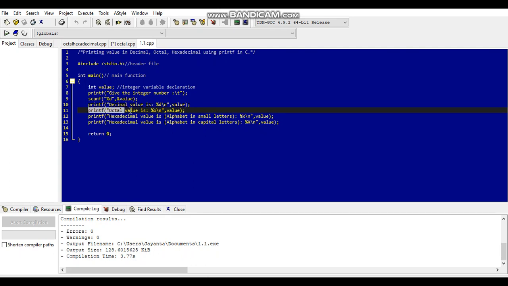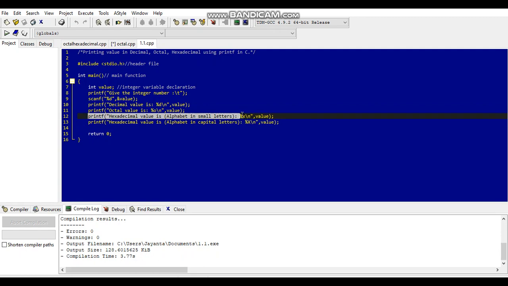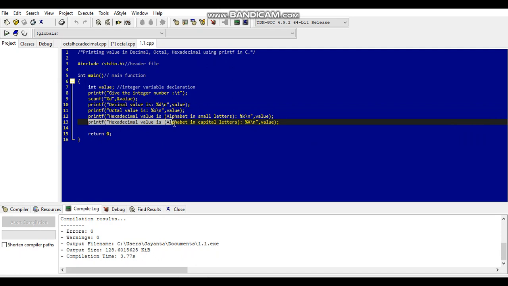Next the octal value, for which we are going to use %o, and next the hexadecimal value in small alphabets we are going to use %x, and the next is printf hexadecimal value in capital letters, and here we are going to use %X, and the last is return 0.